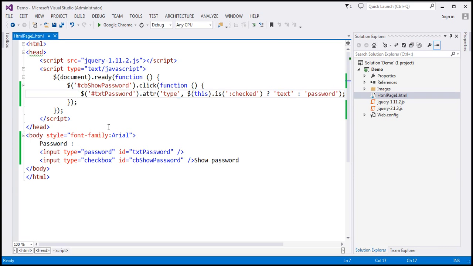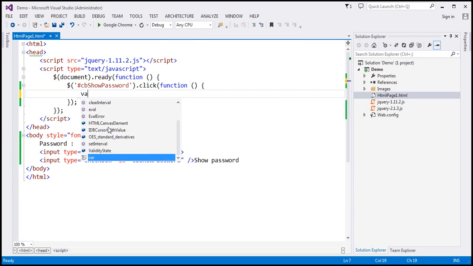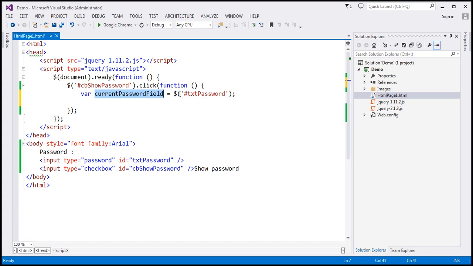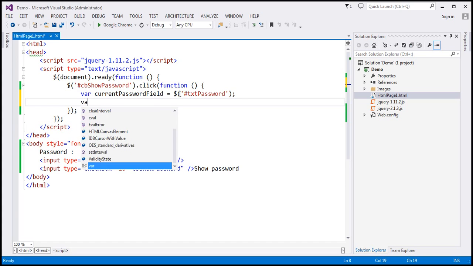Okay, so I'm going to delete all this code. I'm going to create a variable here. Let's call this currentPasswordField, and the password field has got an ID, txtPassword. So let's use the jQuery ID selector and find that password field, and let's create another variable,